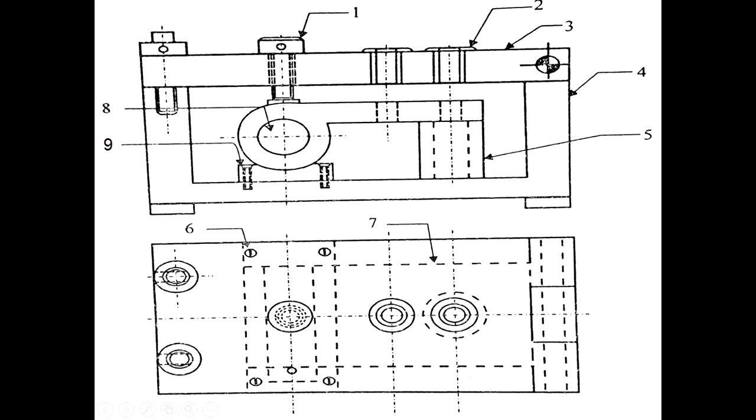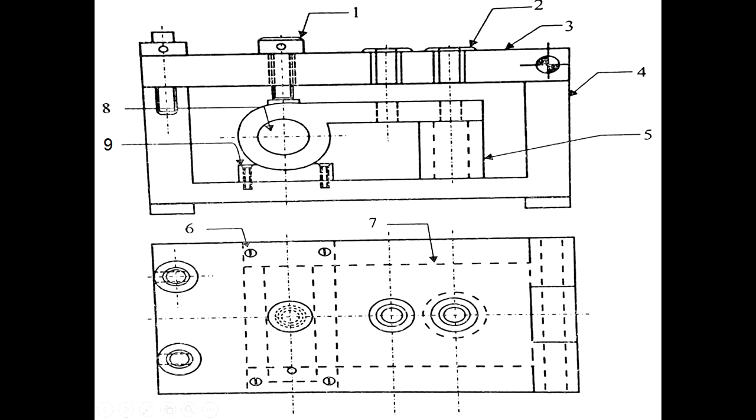And here we are using the supporting block also for locating, number 5. And for clamping, the clamping arrangement is provided. Now most important thing, we are using the locator here, that is number 8. Okay, so the locator is provided in the jig body itself. So this is the complete jig body, number 4. This is the jig body, the jig feet is there.